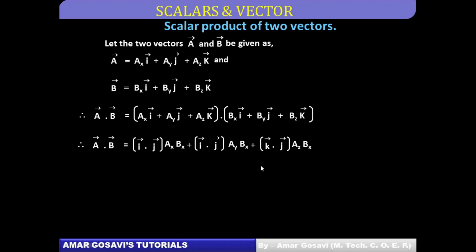Now let's talk about the second term. Second term will be given by By being multiplied by this first bracket entirely. So let's see how you can put it. Plus. Now let's understand Ij. Look here, now I am trying to multiply By by this bracket. So what is the first term? I and J, I cap dot J cap, and the coefficients are Ax, By.